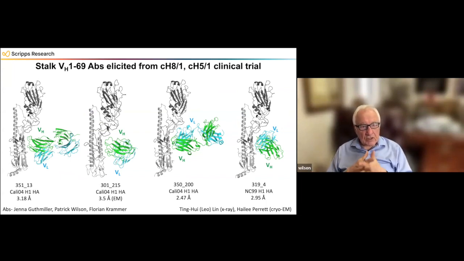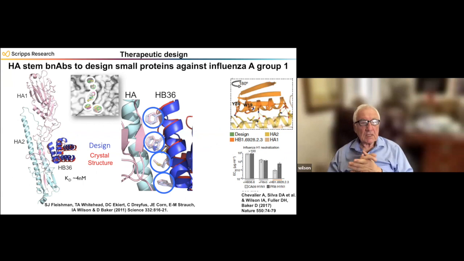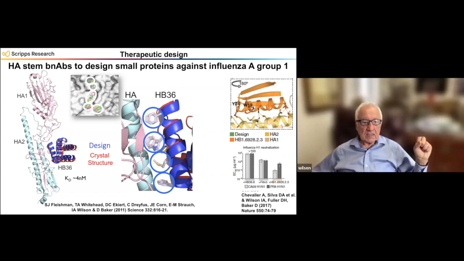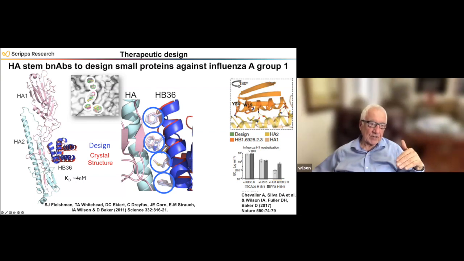I put in the title talking about therapeutics, and so when we worked on the structures of the first antibodies to the hemagglutinin stem, David Baker at the University of Washington basically got interested. Could he design something that was much smaller than an antibody? And so he designed this sort of scaffold, you can see it's an alpha helical scaffold. And then he attached basically side chains to that scaffold that could fit into these pockets that I showed you previously. So he tried to fill 4 of these pockets.